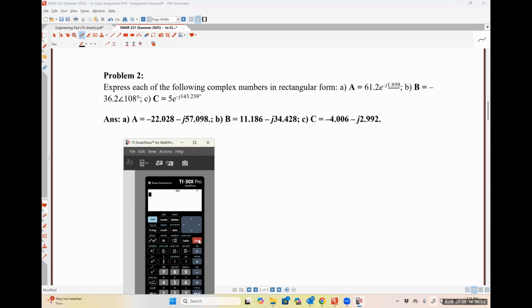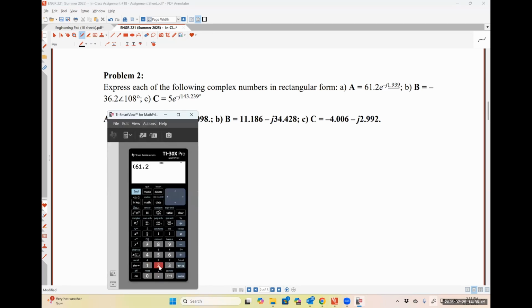So if I clear all this out, I probably overuse parentheses, but I prefer to use them. So I would do 61.2. The angle operator I get by pressing second and then the pi key to bring up the complex menu, and then it's option 1. I'm going to open another parentheses here. So my angle is negative